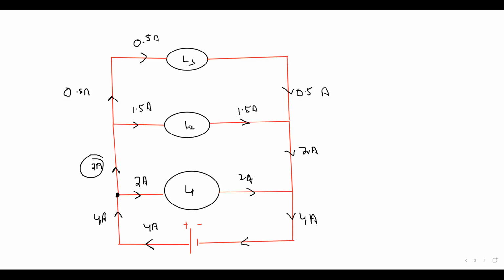If the lamps are identical, like if L2 and L3 are identical, the same type of lamp, if this was having 1 ampere, then this will also have 1 ampere. So the distribution of the current in a branch depends on another quantity called resistance, and that you can work out by calculation. So if the lamps are identical, it will divide equally. If lamps are not identical, then it will be an unequal division of the current. Is it clear?